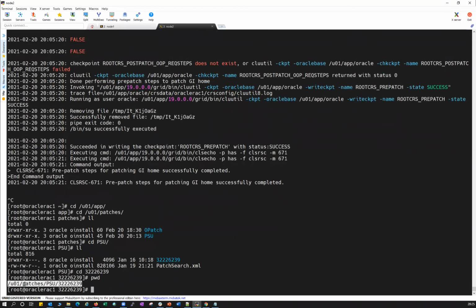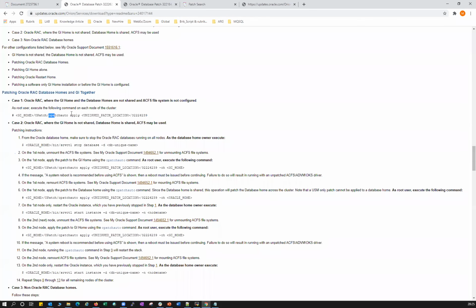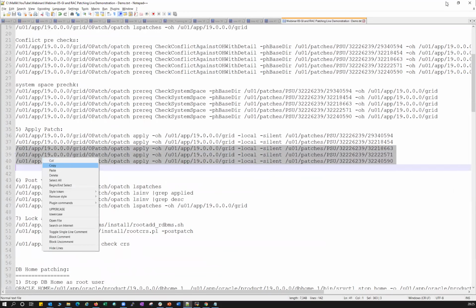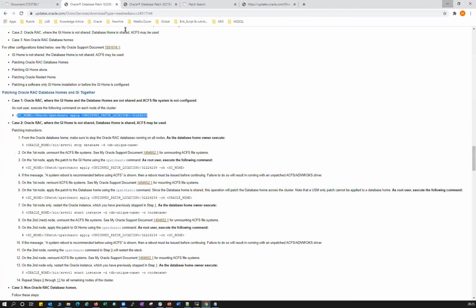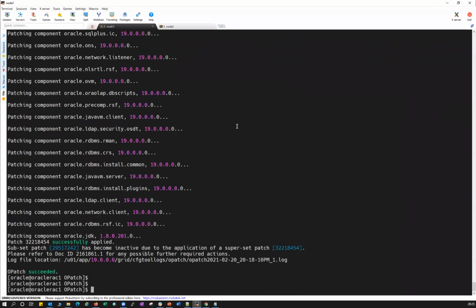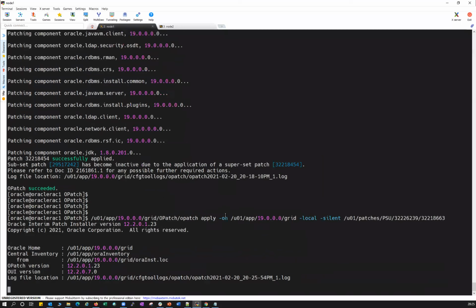The moment you mention this particular user patches PSU and only this GI patch, whatever 5 patches are inside, it'll apply all those 5 patches. That's the advantage of OPatch Auto apply. Just give that one, and it'll apply all 5 patches. Internally, it'll run whatever we are doing here, all these 5 commands. So now I'll run all these 3 commands. Like now 2 patches are done, I will run all 3. You can see, one patch, second command, and third command. All 3 commands, I'm running in one shot.